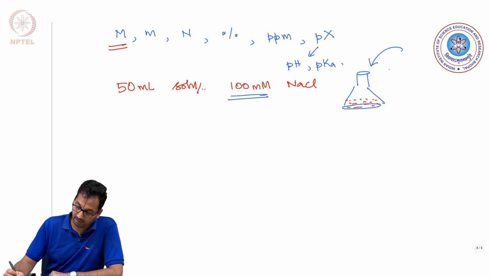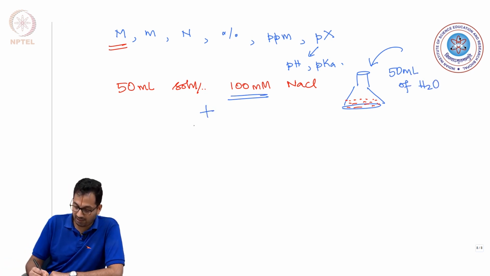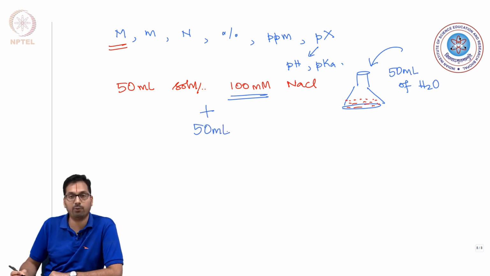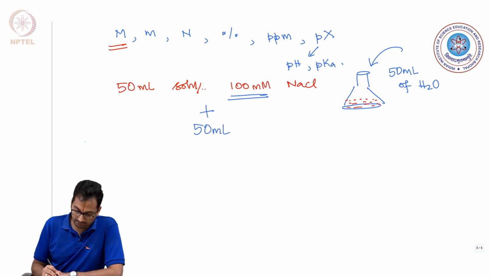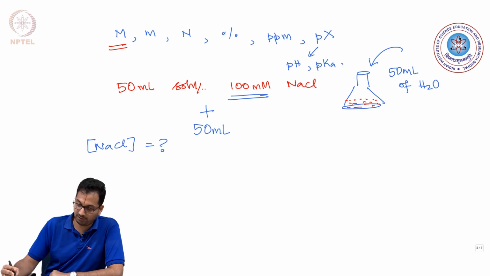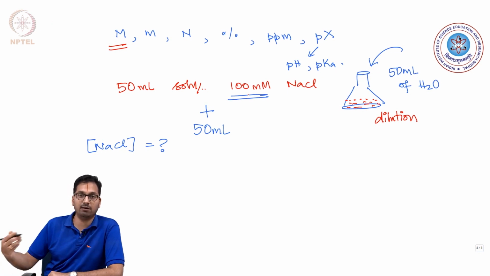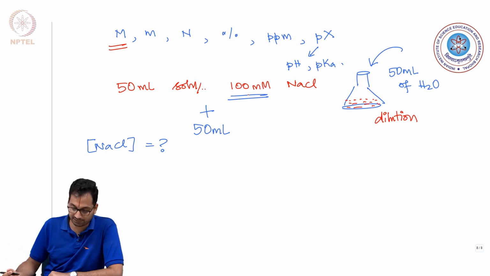Let us say to this solution I add another 50 ml of water. So basically what am I trying to do? To this existing solution, I am adding 50 ml of water. The question now is, what is the concentration of NaCl after this 50 ml has been added? This process, I am sure all of us know, is called dilution. Basically you have a slightly more concentrated solution and you want to dilute it, and therefore you are adding more of the solvent, making up the volume